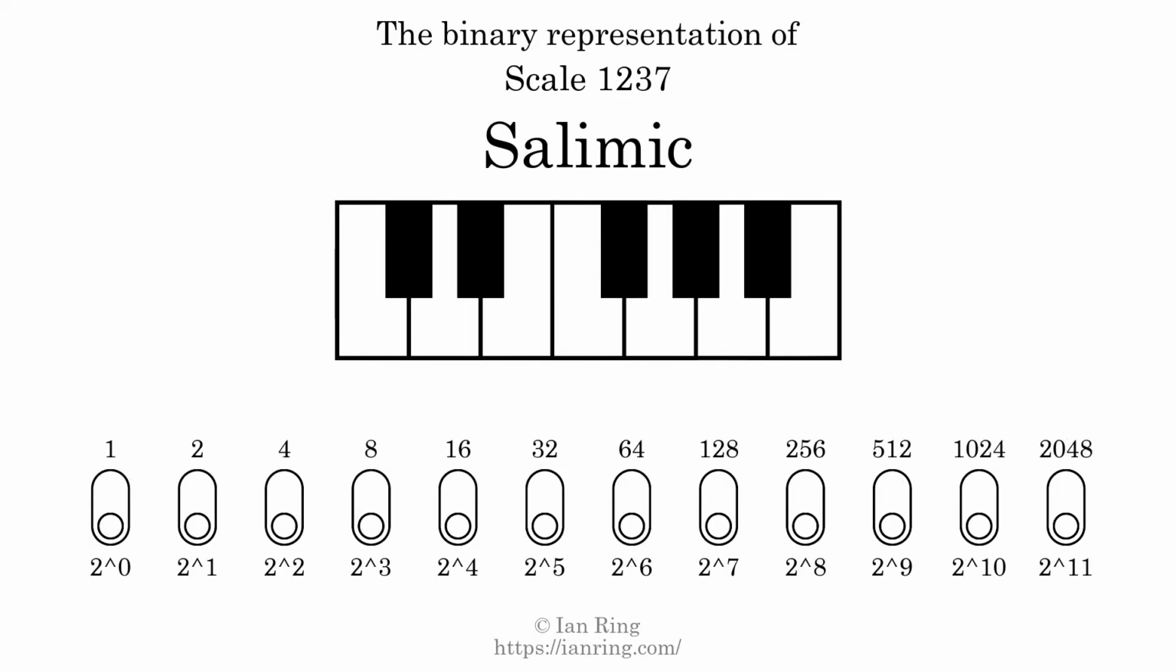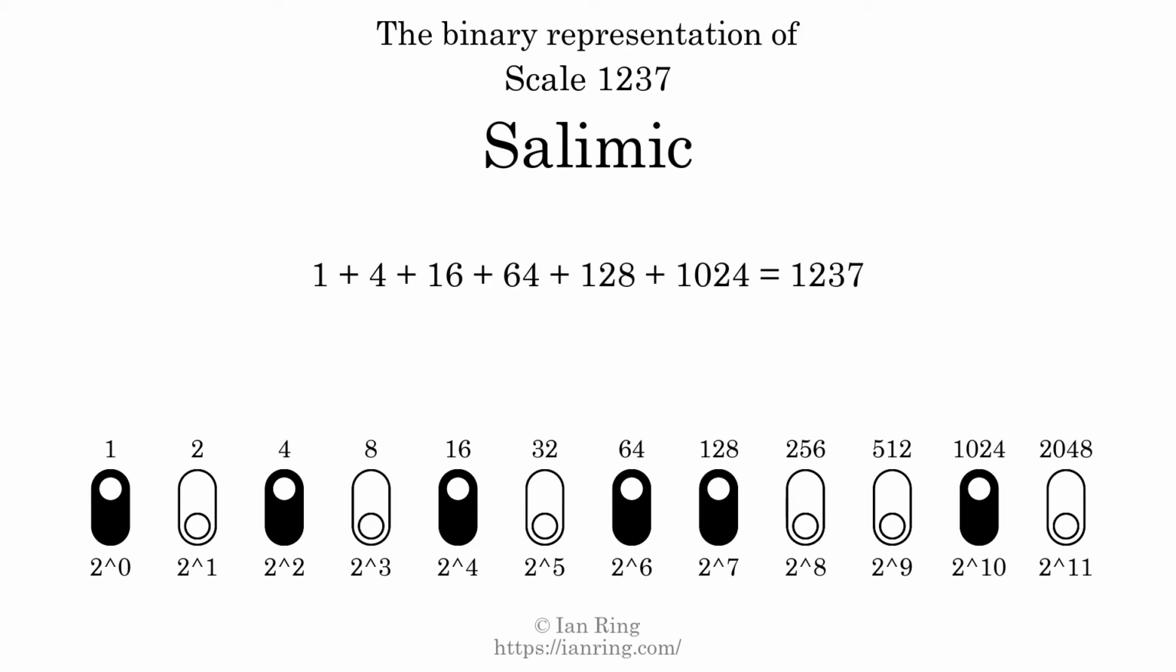The binary representation of this scale is determined by mapping tones of the scale to binary digits. Each binary digit represents a power of 2. To get the scale number, we add the powers of 2 together. The powers of 2 that are present in the scale, all added together, equals 1237. That is why the scale number, in decimal, is